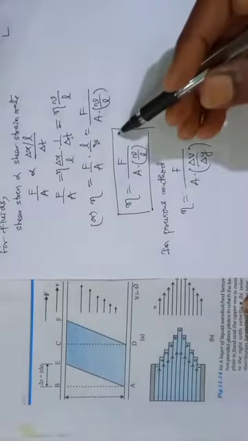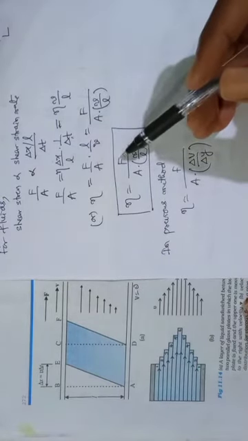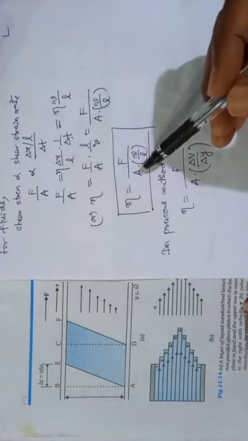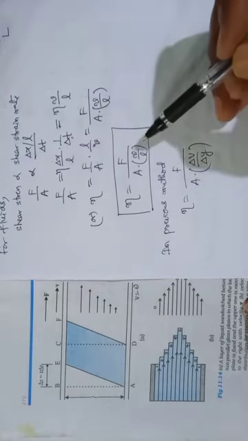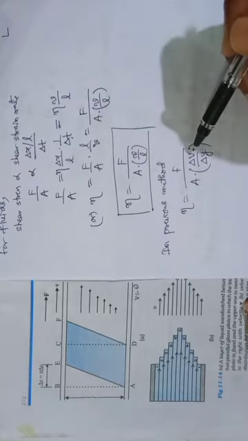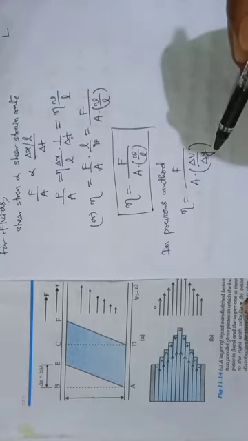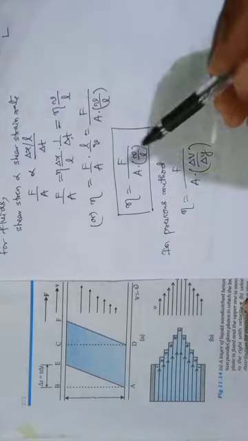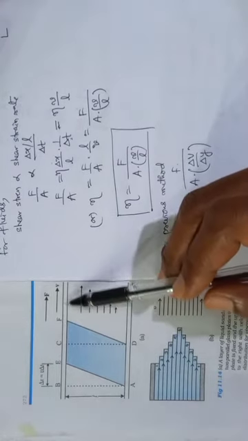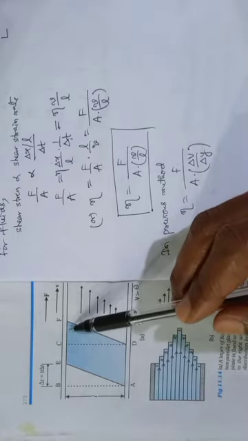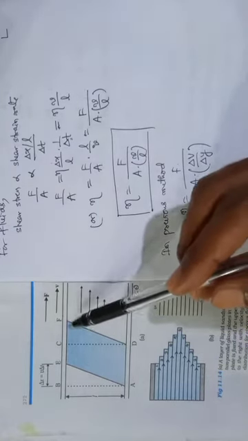Now let us compare both expressions. Here tangential force, here tangential force. Here area of the fluid layer, here area of the fluid layer. Here for the two consecutive layers, this indicates the velocity difference, and this indicates the distance between the layers. So here also the same thing, because here the lower glass plate is held fixed and the upper glass plate is moving with velocity v. Lower liquid layer is at 0 velocity, upper liquid layer has v velocity. So the difference between the two layers is v. V minus 0 means v.